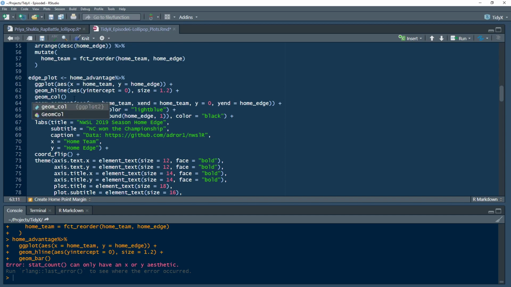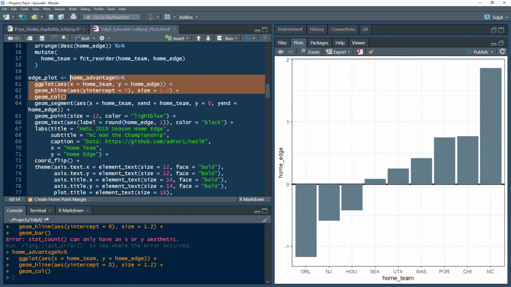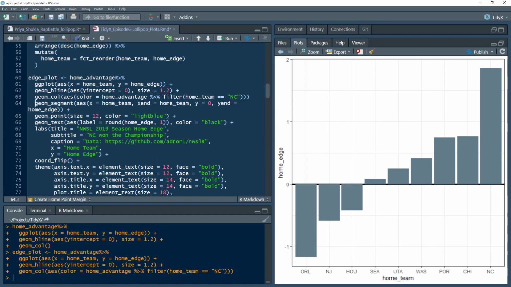One of the other interesting things about this is if you were to, say, color maybe two of the teams. So if within that geom call, for example, you did aes, color equals home advantage, pipe, filter, team equals NC or something like that, right? So if you're to do, there you go, and filter, I think it's called home_team equals NC, right? This tends to look pretty. Well,